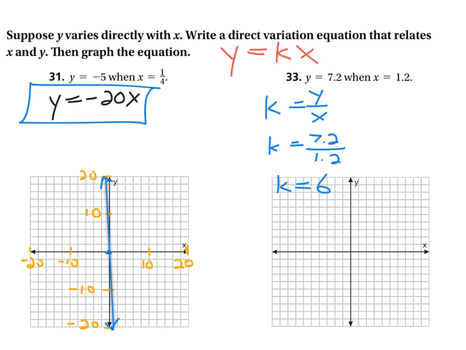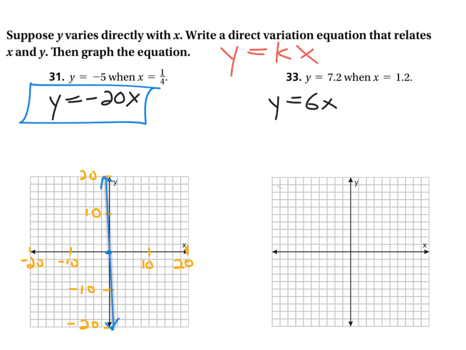I just know that because I've familiarized myself with lots of numbers and calculations. So the k value is 6. So then I can write the equation y equals 6